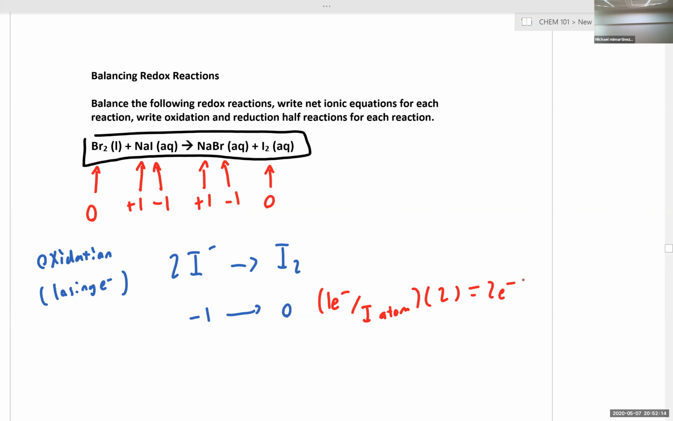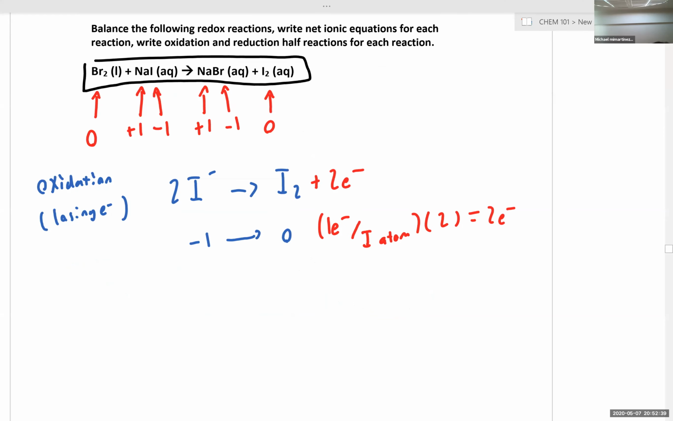And do we place those 2 electrons on the left or the right-hand side? If we're losing electrons, we place them on the right. I like to think of lose as produce. Okay,